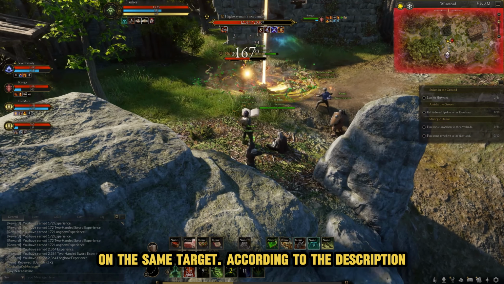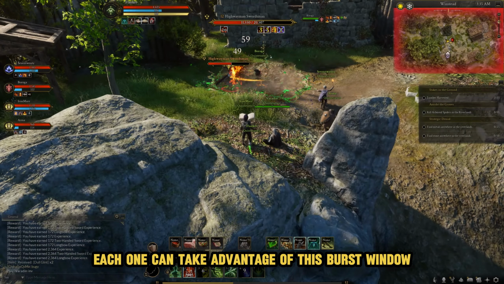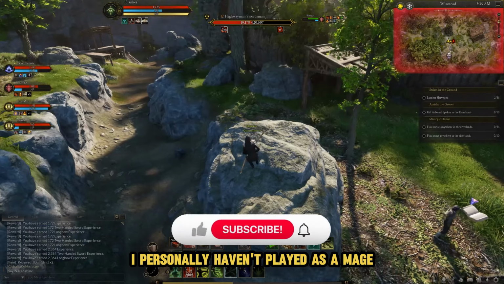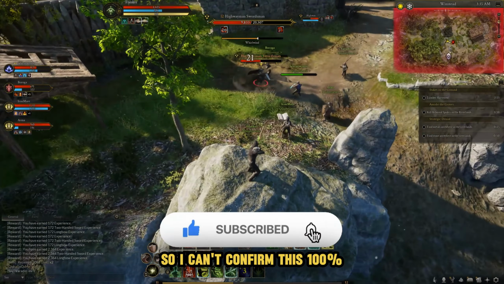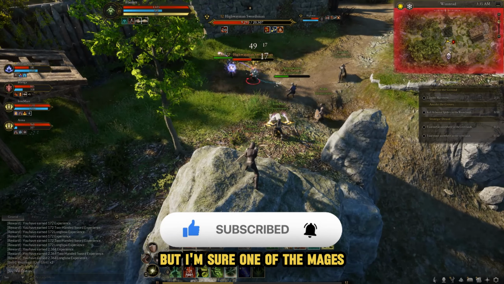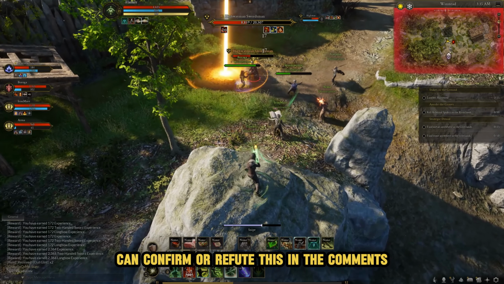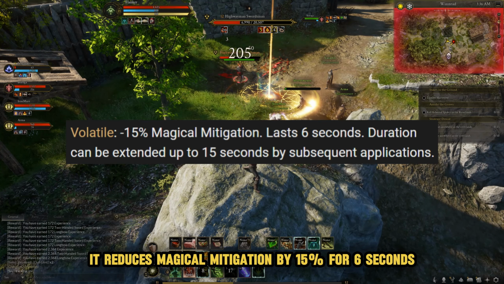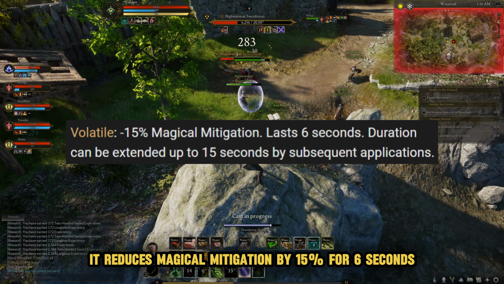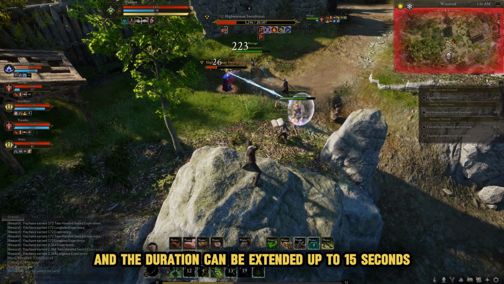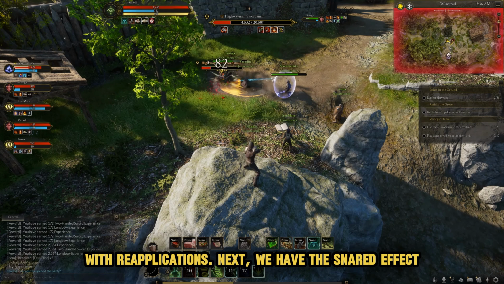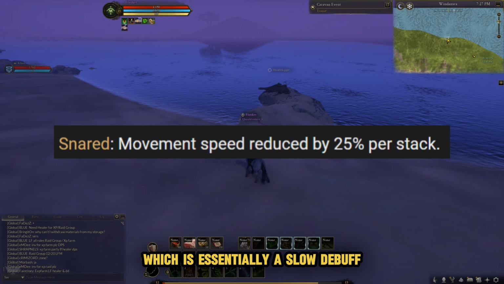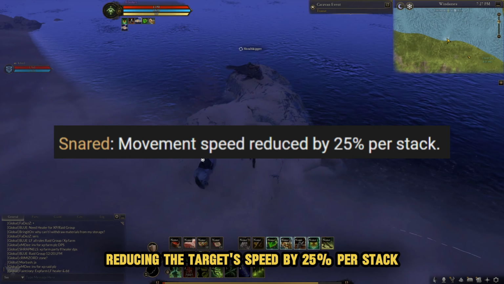According to the description, if there are several mages in a group, each one can take advantage of this burst window against a frozen target. I personally haven't played as a mage, so I can't confirm this 100%, but I'm sure one of the mages can confirm or refute this in the comments. Another status effect related to mages is volatile. It reduces magical mitigation by 15% for 6 seconds, and the duration can be extended up to 15 seconds with reapplications. Next, we have the snared effect, which is essentially a slow debuff, reducing the target speed by 25% per